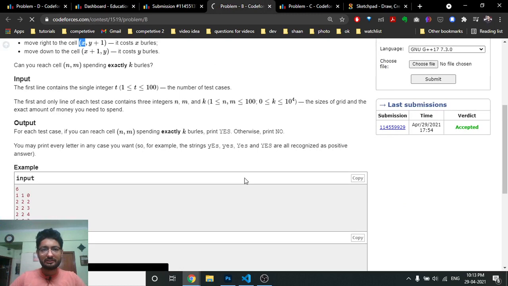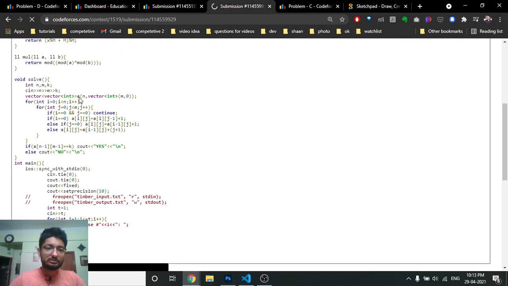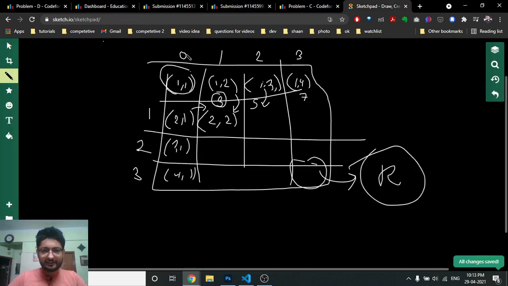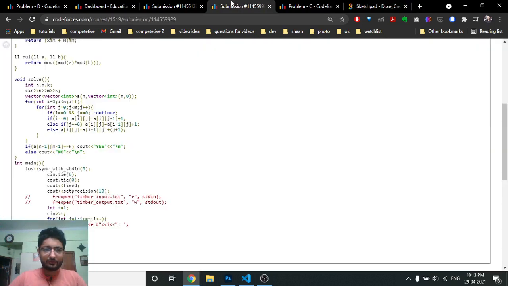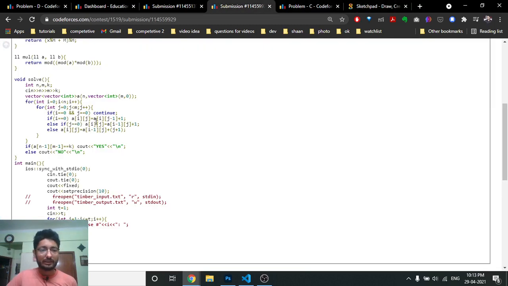It doesn't require much. Okay, so I'll tell you the code part now. Just make an empty vector. If i is equal to 0 and j is equal to 0, which means it is the first cell, it is initialized to 0 only, so just continue. We don't have to talk about that. If i is equal to 0, which means we're in the first row, you just fill the first row with 0, 1, 2, 3, 4, 5, and so on. If it is the first column also, we do the same thing.